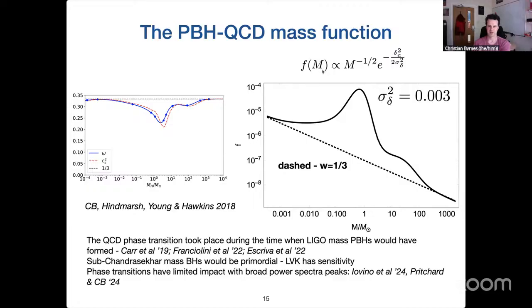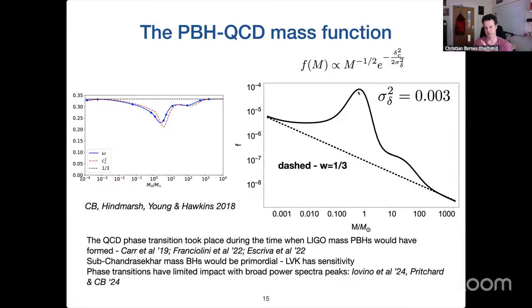Why? Well, basically because the mass function is exponentially sensitive to the collapse threshold. And when the radiation pressure is reduced, even by of order, say, 20%, that leads to an exponential enhancement in the primordial black hole mass function. And so there's some hope to motivate that, if primordial black holes exist anywhere in the relevant mass range for LIGO, Virgo, KAGRA, there should be a boost to the subsolar number density.